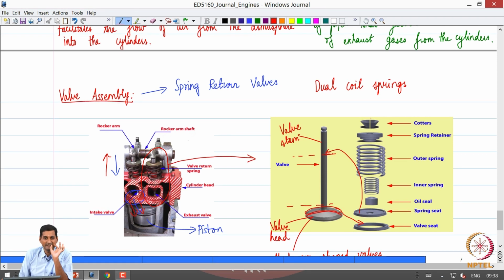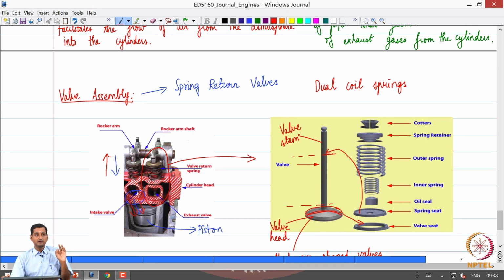So, that is how it is assembled. I hope it is clear how this exploded view is assembled. You insert the stem from the bottom of the cylinder head, the valve head sits on the valve seat at the bottom, then you put the spring seat and the two coil springs, and then put the spring retainer and hold everything through this cotter. That is how it is assembled.